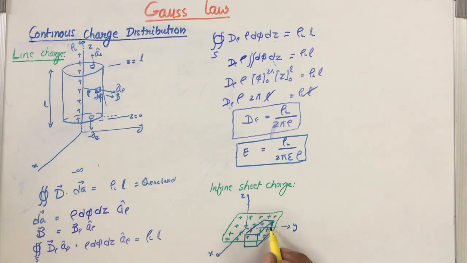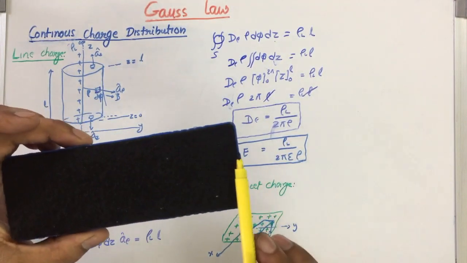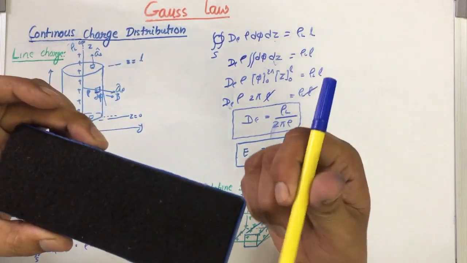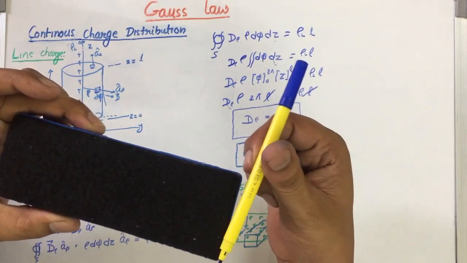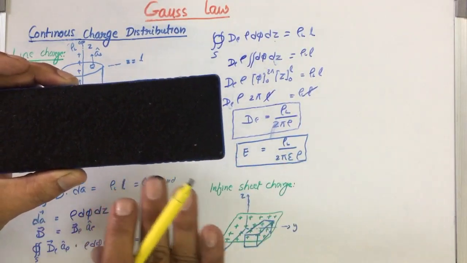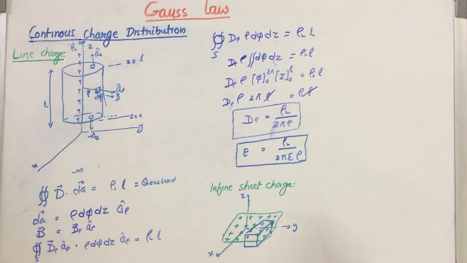Okay, this charge is in the middle. To understand this figure, consider this is the Gaussian surface, the cuboidal Gaussian surface. The charge distribution is there between these two ends in the middle. So the charge sheet is inside, and this is our Gaussian surface. In this case, the area vector of the top surface will be positive z, and the bottom one, negative z, will be here.